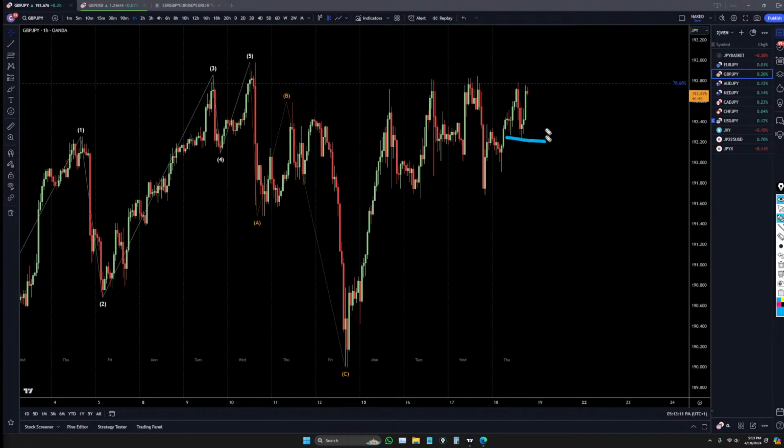But if it doesn't break structure and just makes a fib bounce and makes a higher low, I'm definitely continuing to look for longs. This thing has been tested so many times now. I think most of the liquidity has been grabbed, and there's a pretty good chance it could break out of this level and probably just keep on trending up. So definitely looking for longs. If it breaks structure to the downside, I could possibly switch up to shorts.